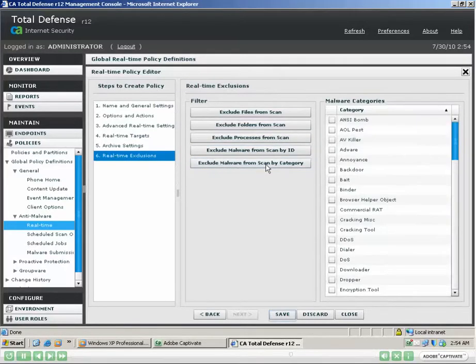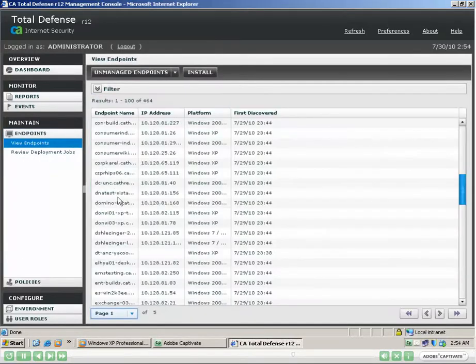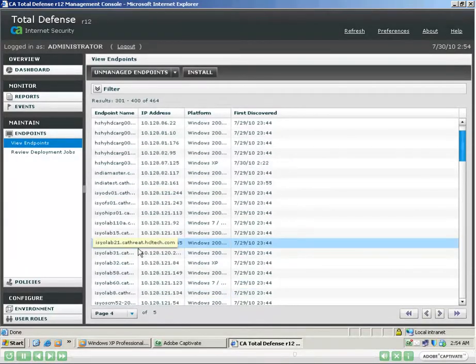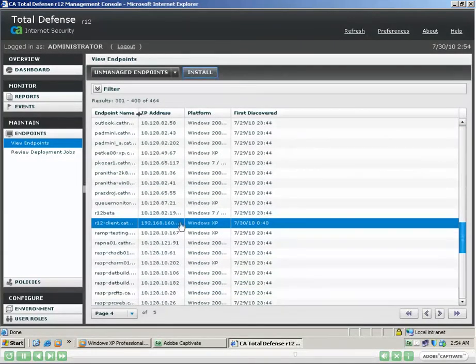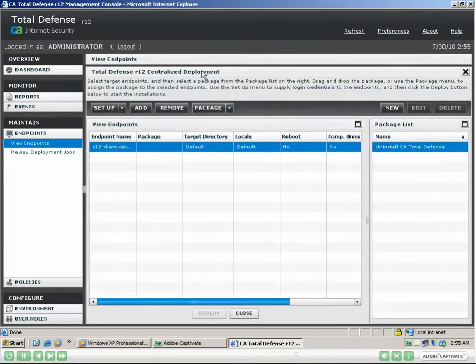Okay, so let's get on the Endpoint Remote Deployment page. Click on Endpoint and Manage Machines. Select the machine where you want to install the endpoint. Click on Install. The centralized deployment page lets the user to perform new product deployment of the CA Total Defense